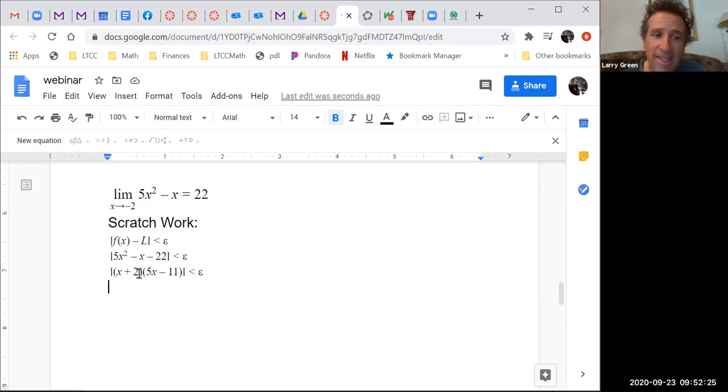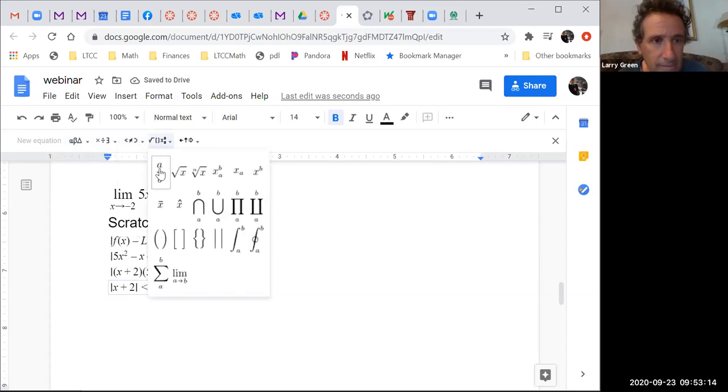Okay, so now, again, we need the x plus 2 by itself. Notice, by the way, we're taking a limit as x approaches -2. So x is close to -2. If x is close to -2, 5x minus 11 is negative. So that means, and we're going to pull this out of the absolute value, it'll become 11 minus 5x. It gets multiplied by -1 when you have an absolute value of a negative number. I can write this as the absolute value of x plus 2 is less than epsilon